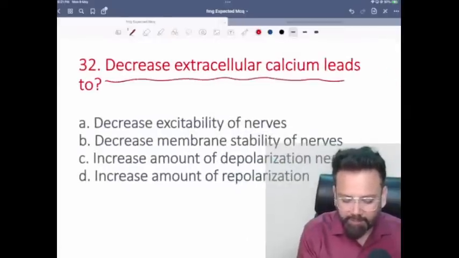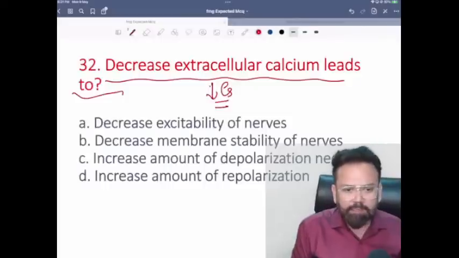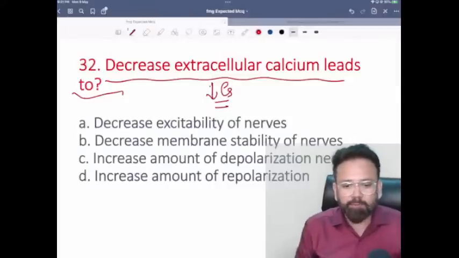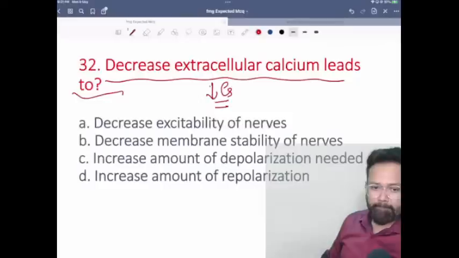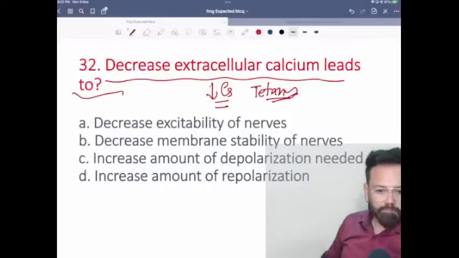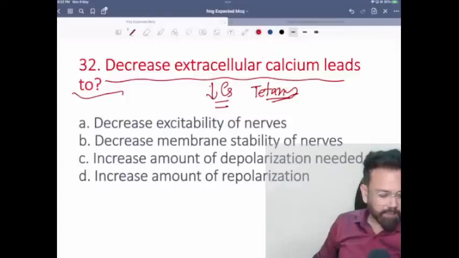Decreased extracellular calcium leads to. If there is hypocalcemia, it will decrease excitability or decrease stability. It means increased excitability. What is the answer? Hypocalcemia, of course, it will cause tetany. C is increased amount of depression needed. Yes, Saurabh Survansi. Answer is